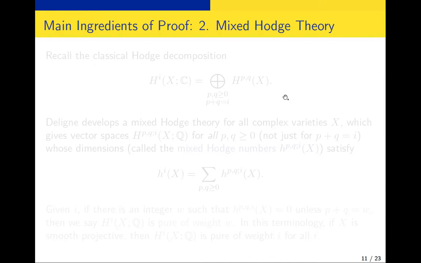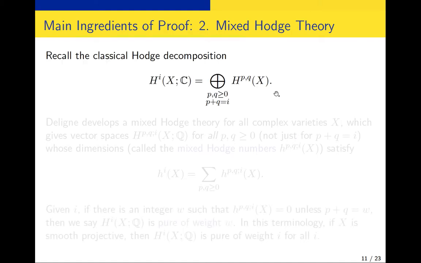And this finer structure is the mixed Hodge theory. This is also the reason why we need to consider complex varieties, even though the original question doesn't need the variety structure, only the topology. So recall the classical Hodge decomposition that works for smooth projective complex varieties, or Kähler manifolds. We can decompose the singular cohomology in terms of H^{p,q}, but there's a constraint that p plus q must be the degree i here.